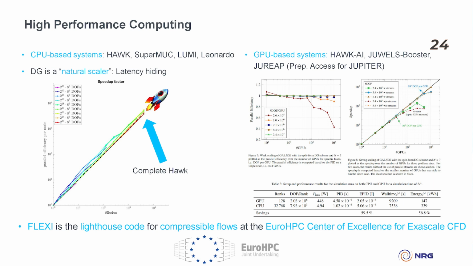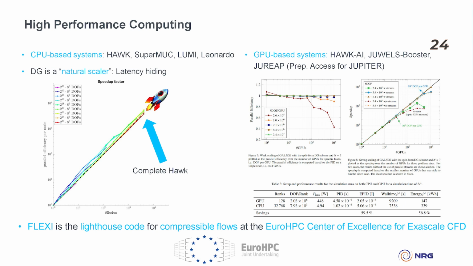because this is an HPC conference. This is the complete strong scaling of Flexi on Hawk, which is our local supercomputer. It has about 500,000 individual CPUs, and it scales perfectly, which is not surprising, honestly, and it's not that difficult to do with an explicit time integration scheme. DG is a natural scaler for the reasons I talked about. So showing this for completeness, but honestly,